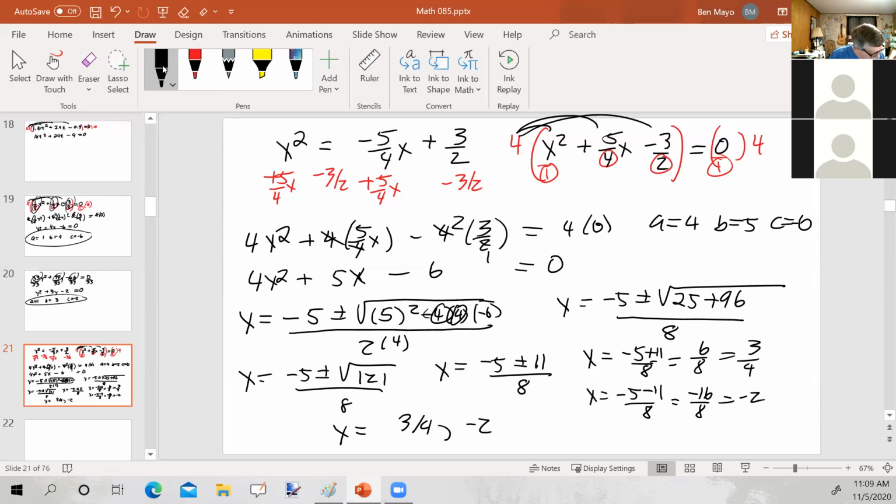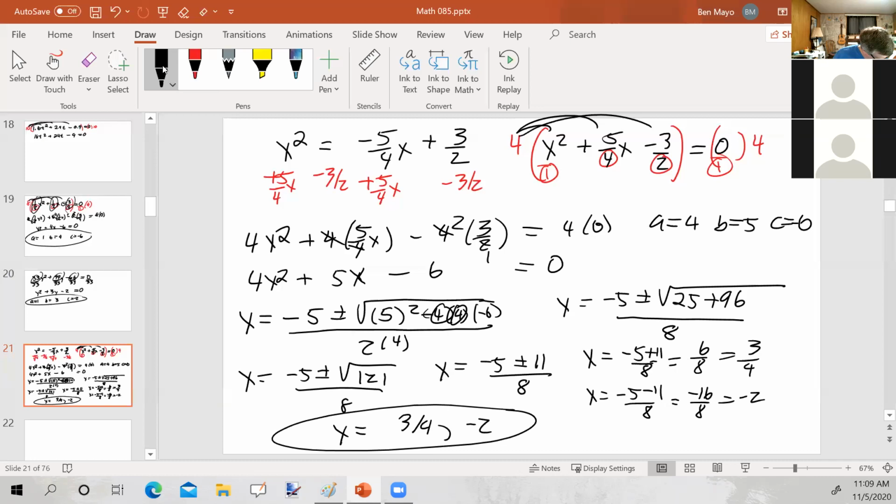Now, the directions said, let's see, where do they go? Approximate the solutions to the nearest hundredth when appropriate. These come out exact, so there's no need to approximate them. They would be exactly 0.75 and exactly -2 if we went with decimals. So that's all the further you'd go with that problem. But here we put it in standard form, we cleared the fractions, etc. Okay,